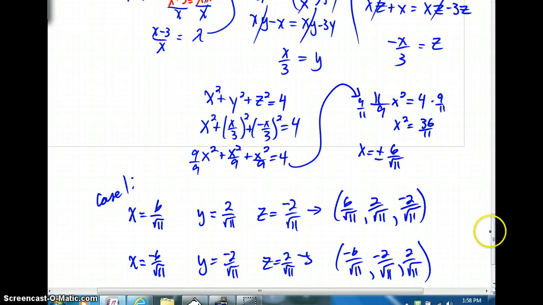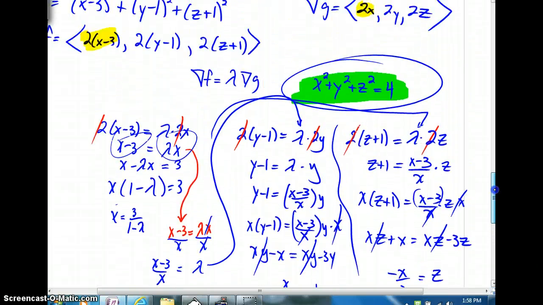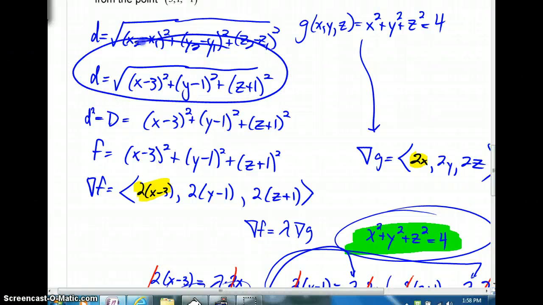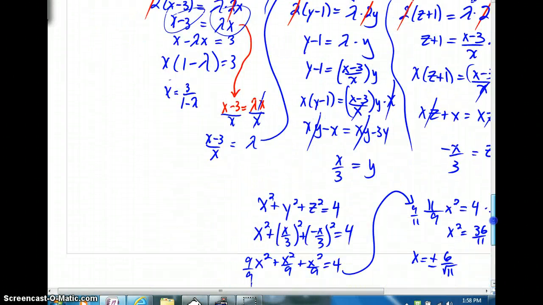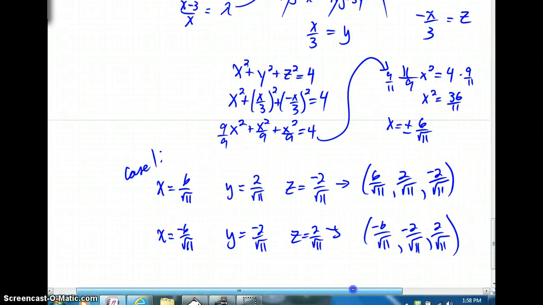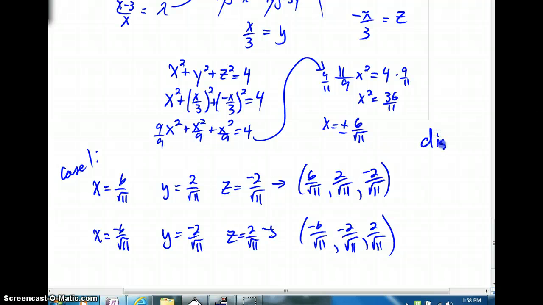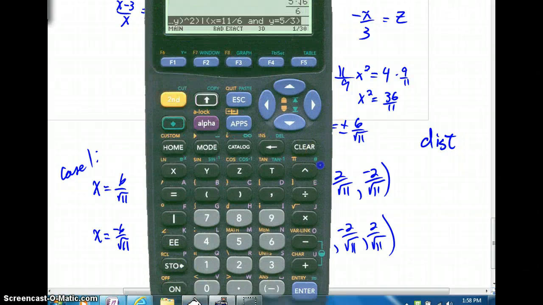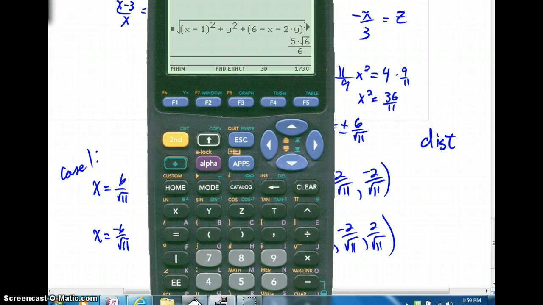And super fast, just helping you out, let's go back to the distance formula that we had originally. This distance formula up here can now be brought back down. And if we were to figure out what our distance was, and again, we could do this a couple of different ways. We could use technology to help us out. We could very quickly get the 89 out and say, well, my goodness, this distance formula that we had in there was the square root,